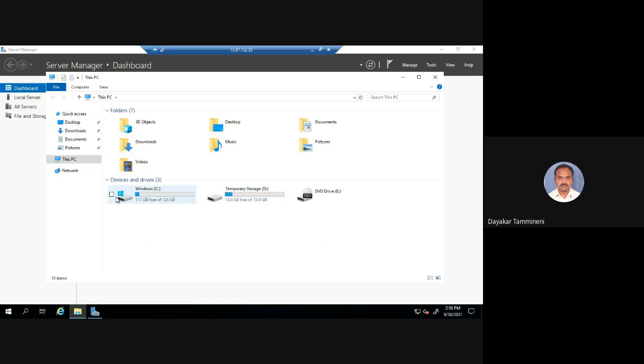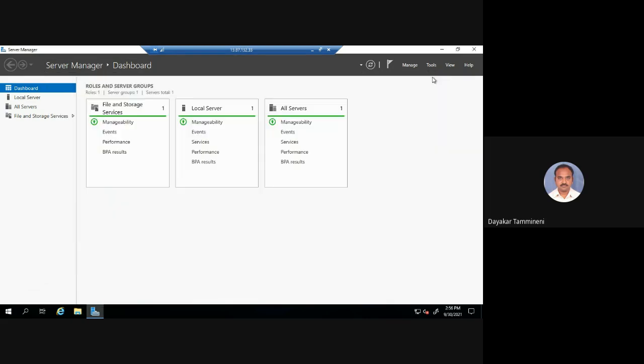Okay. So these are the parameters for our new machine, our new Windows operating system, which is located in West US.